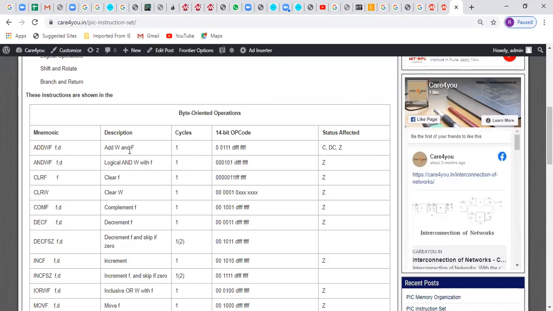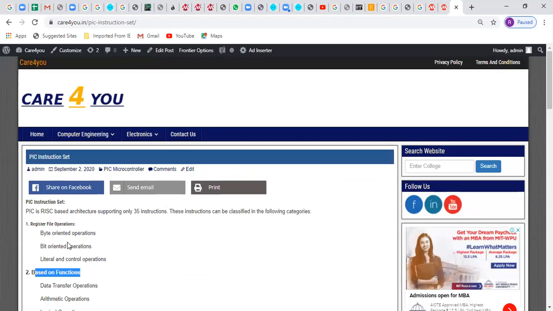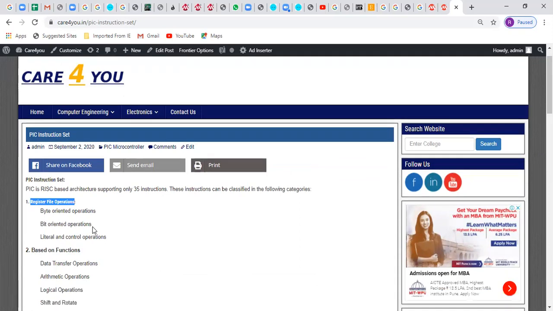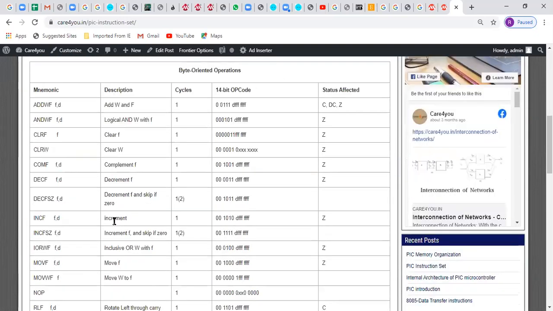Okay, fine. So let's come to the instructions. I have the instructions which you see here based on the register file operations. Of course, the instruction will remain the same. इंस्ट्रक्टर वही है ना. आप एक तरीका तो उसका कहने का है कि आप कहिए भाई क्या काम करती है, और दूसरा ये कि भाई कितने बिट्स पर ये काम करती है. तो उस तरह से करेंगे तो दिस इज द क्लासिफिकेशन, अदरवाइज दिस इज द क्लासिफिकेशन. बट दीज आर द सेम इंस्ट्रक्शंस. लेट्स अंडरस्टैंड देम.